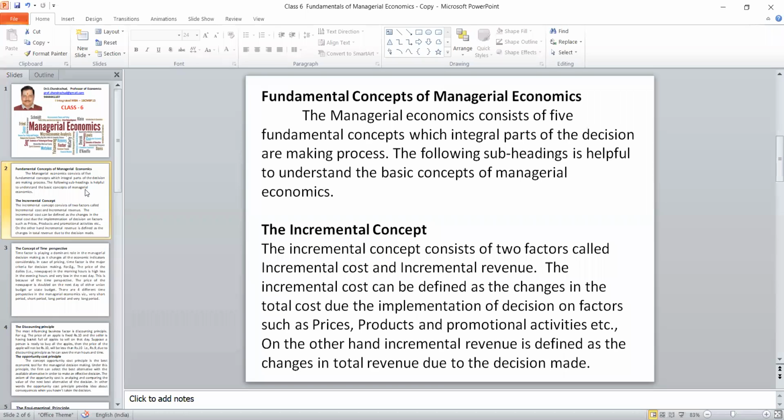Similarly, on the other side, there will be a revenue side: because of the change in decision, how much revenue you are able to earn. So when we compare incremental revenue and incremental cost, suppose the incremental revenue is more, then the decision is correct. On the other hand, suppose the incremental revenue is less than the incremental cost, then the decision is wrong. So whenever we make some decision in a business, we have to compare the incremental cost due to that decision and the incremental revenue out of it. Comparing these two, we have to implement the decision, failing which we will end up with a loss. The firm may incur a loss. So this is the first concept.